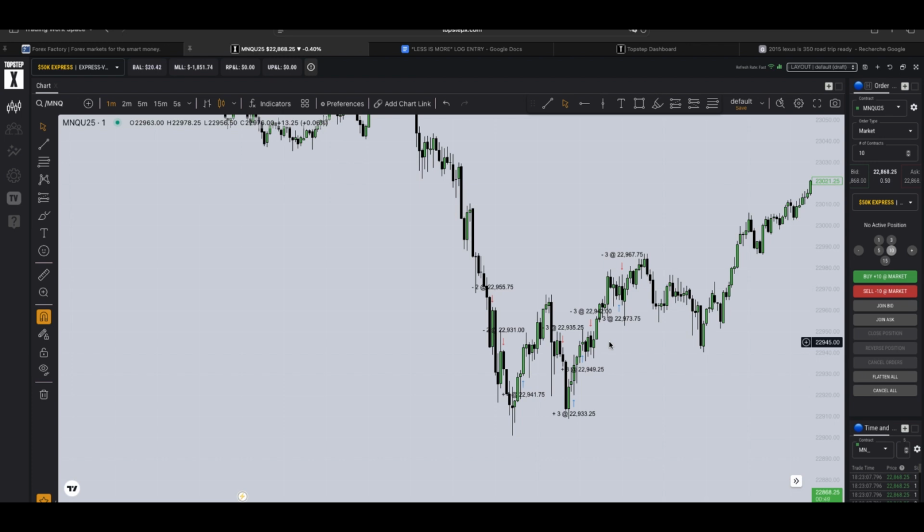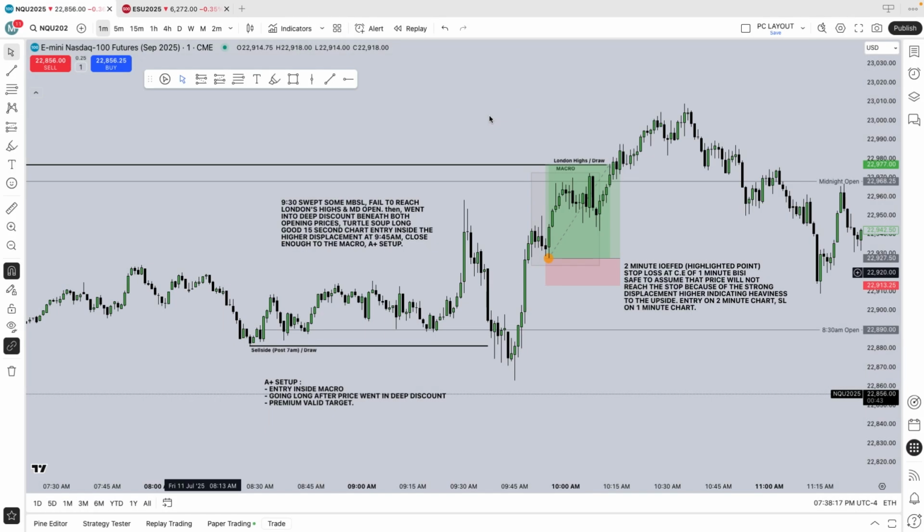So let's go over the day of Friday now. So we are looking at the day of Friday now. As you can see, we are pretty zoomed in on the chart. So let's just locate where the midnight open is right here, the 8:30 open right there, and the opening bell is on that bullish candle right here, and we have some London highs.